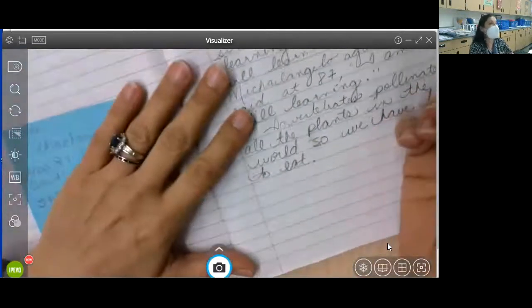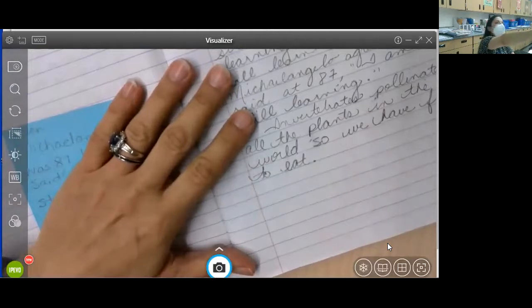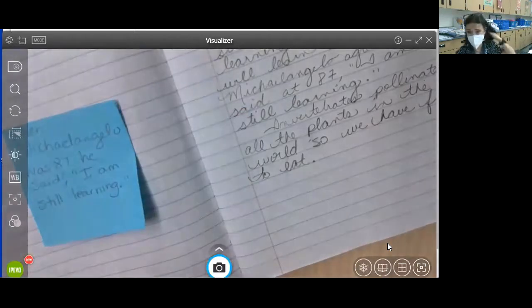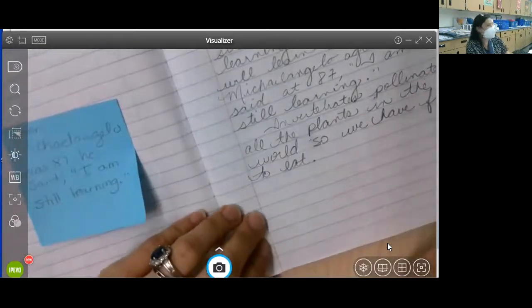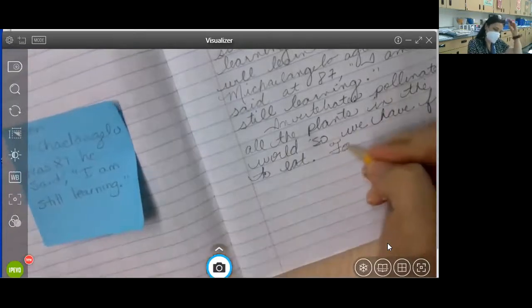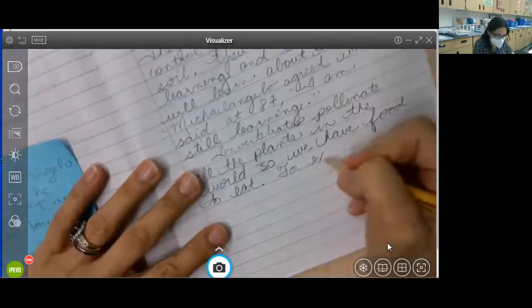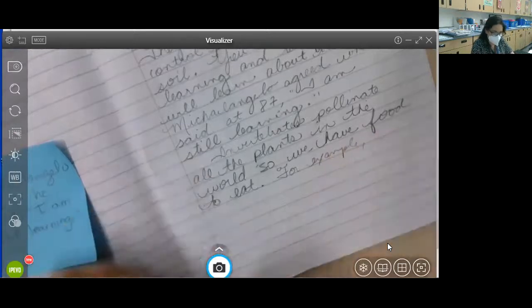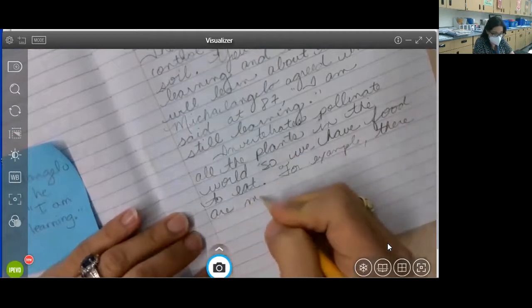We could start with, let me draw your attention to the paper right here. When you give an example, you could say, for example, for instance, to illustrate. Boys and girls at home, I'm going to put that up so you can see. Let's do something like, for example. Okay, I'm going to say it, for example. Oops, that's not even spelled right. For example, there are many pollinators like